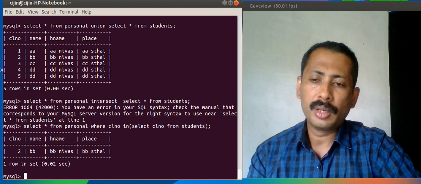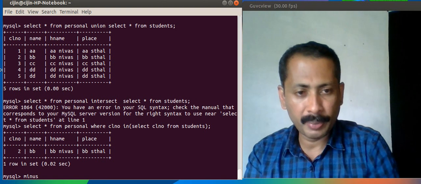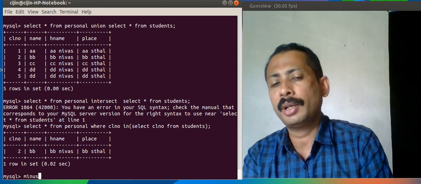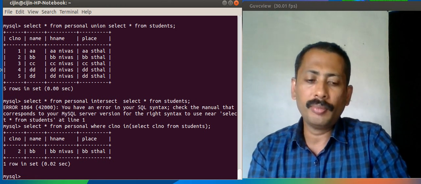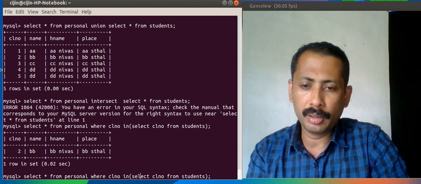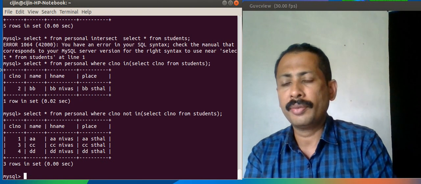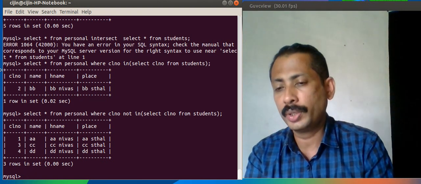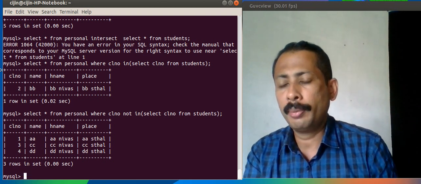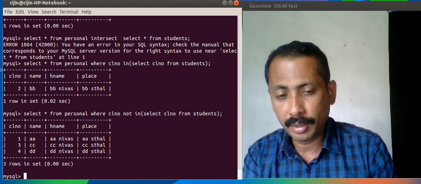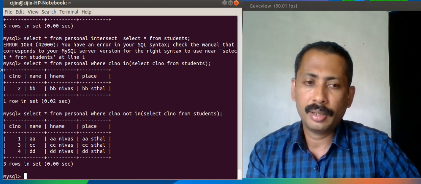Also there is a keyword called minus. Minus is A minus B, set minus: the records in A that are not in B. Here also minus does not work, so we need to use the logic class number not in. So the result is 1, 3 and 4, since 2 is existing in the second table. So the records which are in the first table but not in the second table, that is minus.